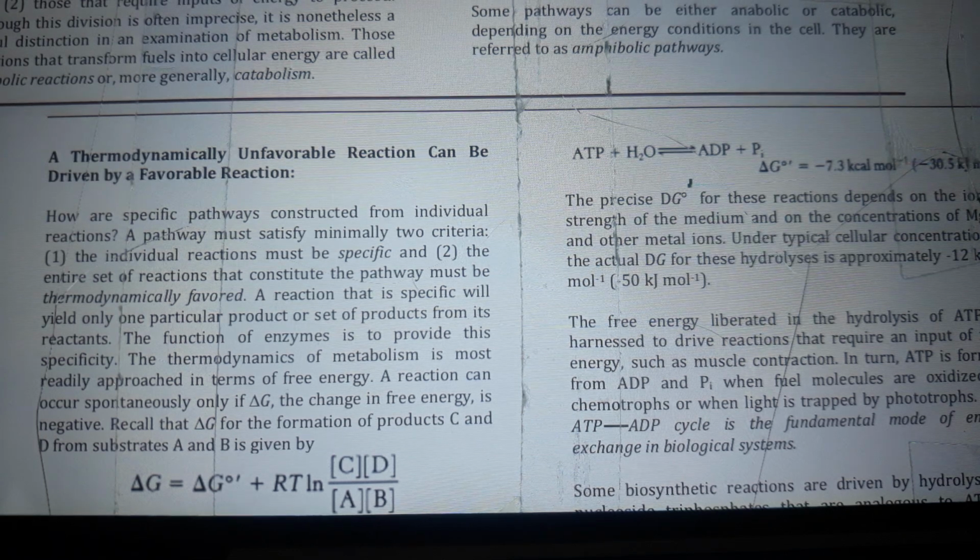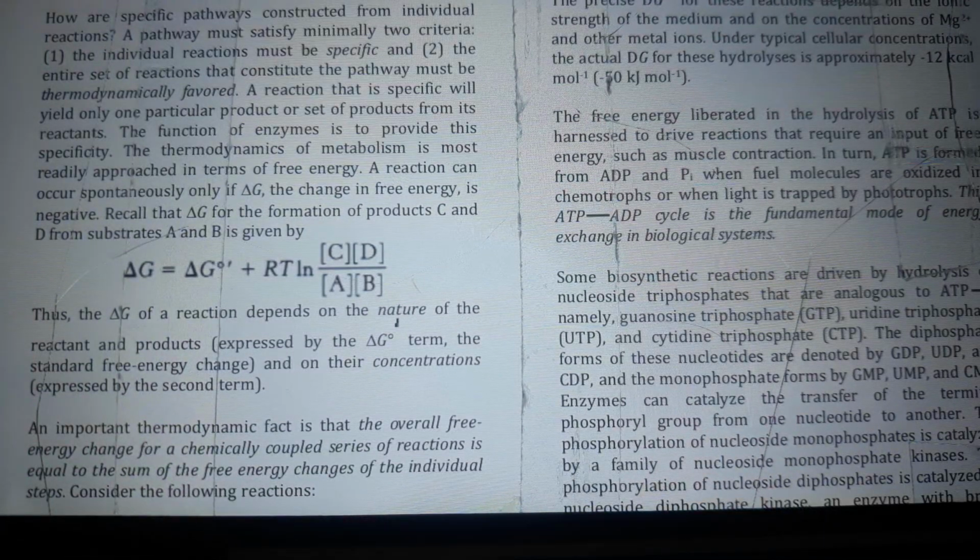The precise delta G for these reactions depends on the ionic strength of the medium and on the concentrations of magnesium and other metal ions. Under typical cellular concentrations, the actual delta G for these hydrolyses is approximately minus 12 kilocalories. The free energy liberated in the hydrolysis of ATP is harnessed to drive reactions that require an input of free energy, such as muscle contraction. In turn, ATP is